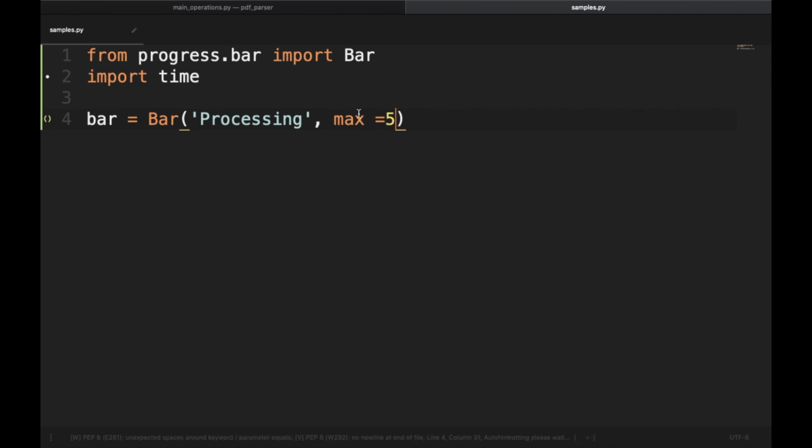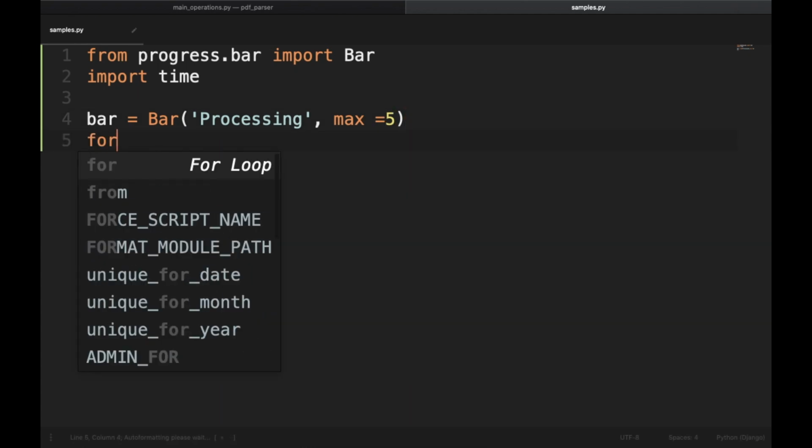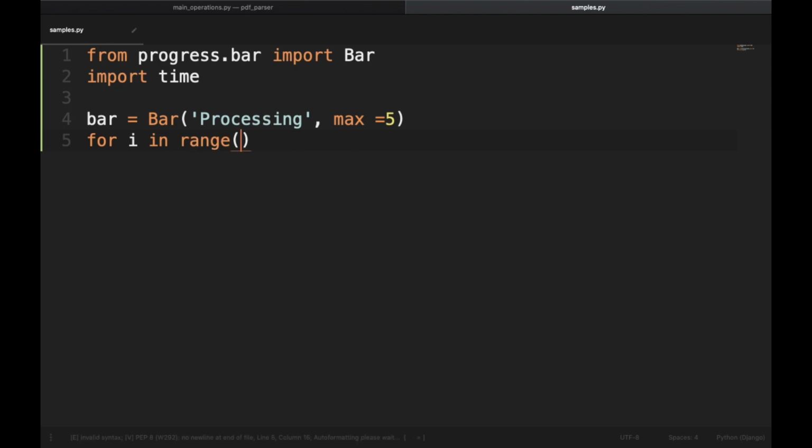These are the parts in which the progress bar will move, so it will have 5 movements, so 20% each, and then we'll say for i in range 5,